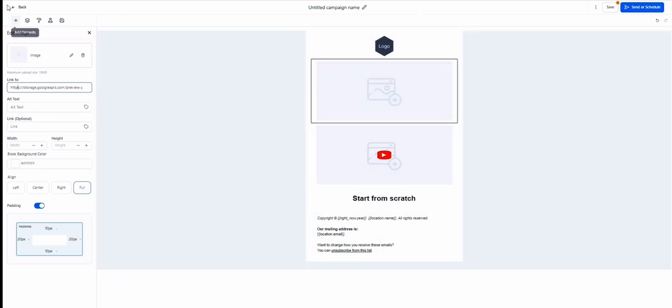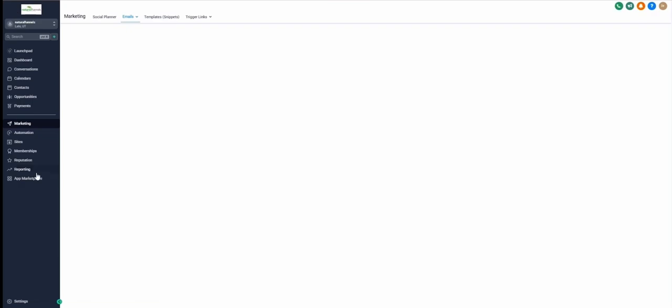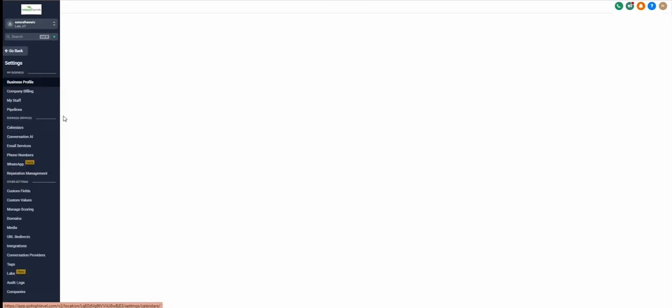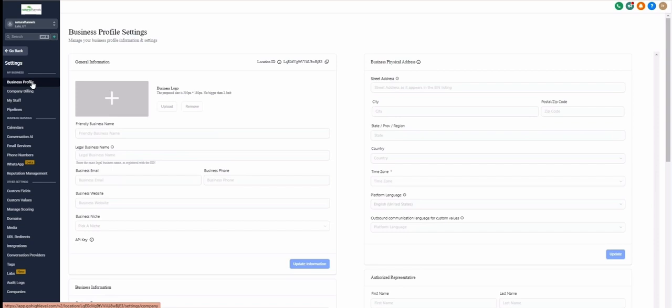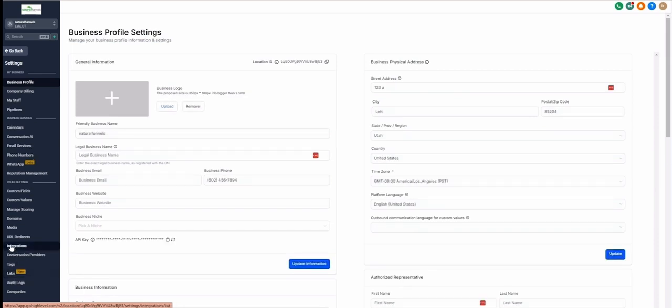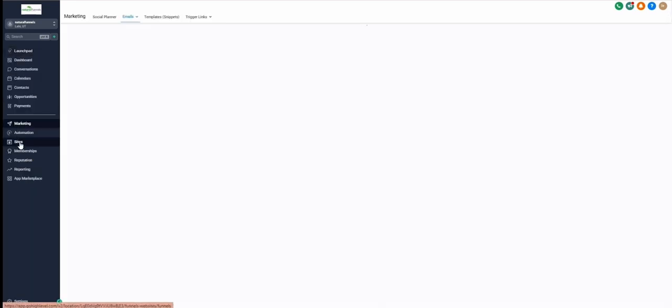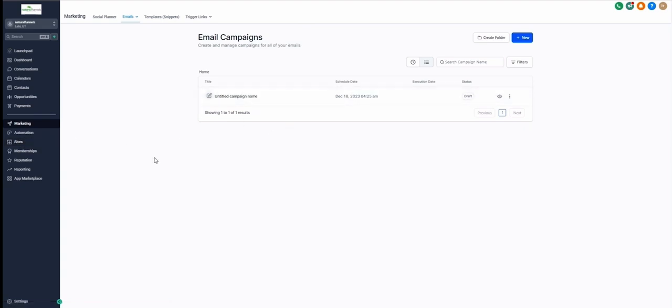But to get you on board, the main thing is to come under settings. We want to do your business profile. You want to do your integrations and integrate everything you have there. And then you want to update your staff and your company. And that will get you started in here. And then again, if you want to build websites, you're going to come on to websites, email campaigns, you're going to come